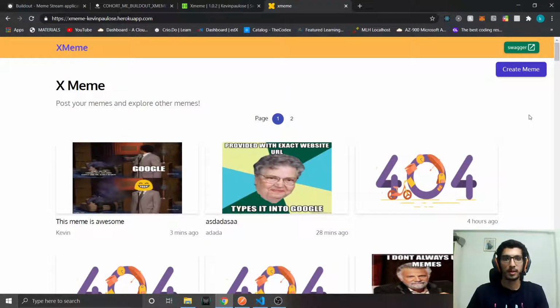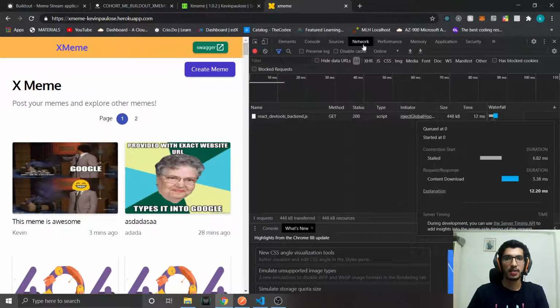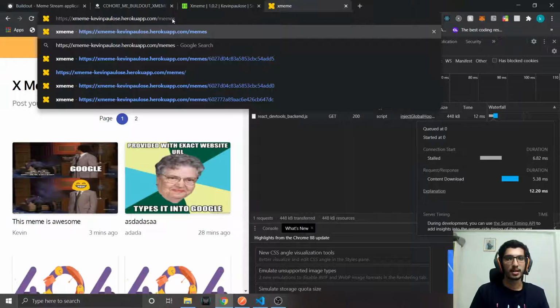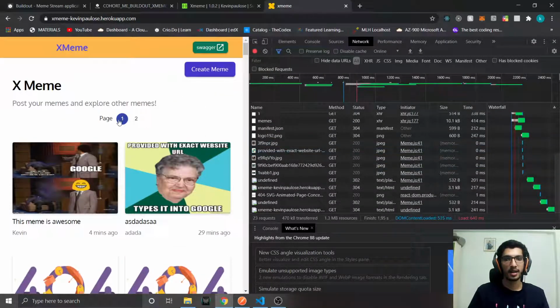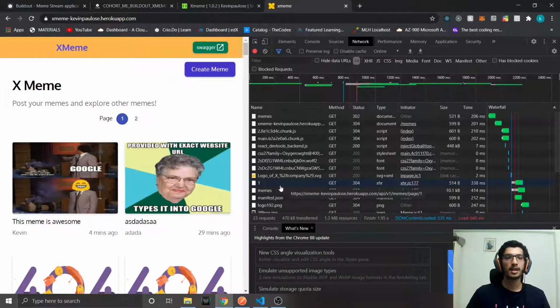Let's open up the network tab. This is the first endpoint, the mandatory endpoint, memes. As you can see, I have loaded all these things. I have not implemented infinite scrolling, but instead I have implemented pagination. The reason being, I liked pagination and I considered that fewer memes would be there, so I found it more relevant. But for bigger problems, when we have lots of memes, I believe infinite scrolling will be better.